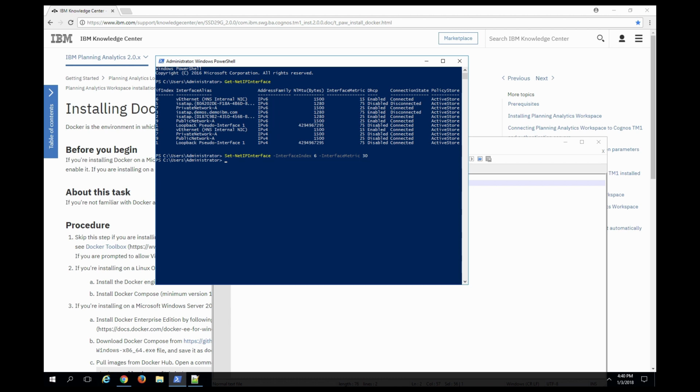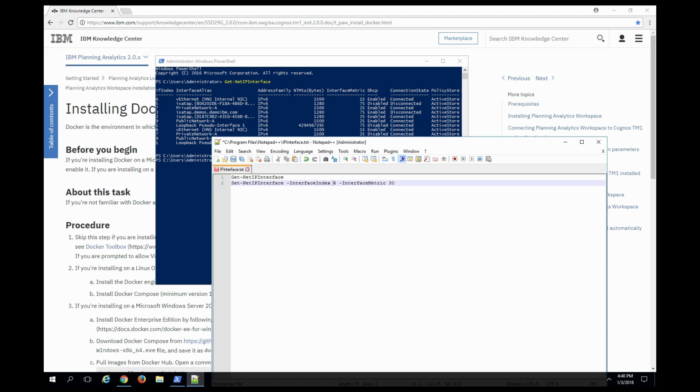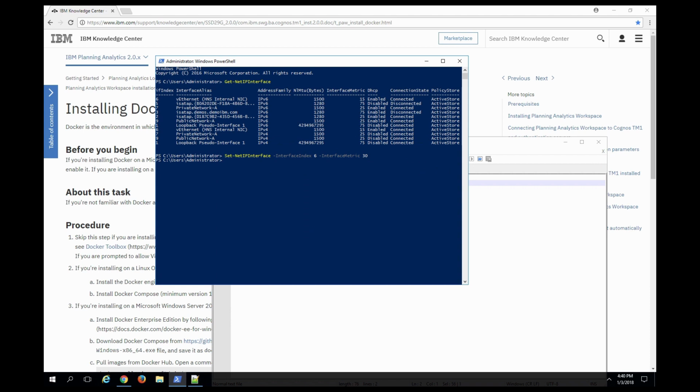The second one I need to change is my public network, which is sitting at 25. I want to make sure that it takes precedence, so I'm going to move that to 15. The interface index number is 9, as you can see here, and the metric number for that is now going to be 15. So I'll copy that one with Control-C one more time,